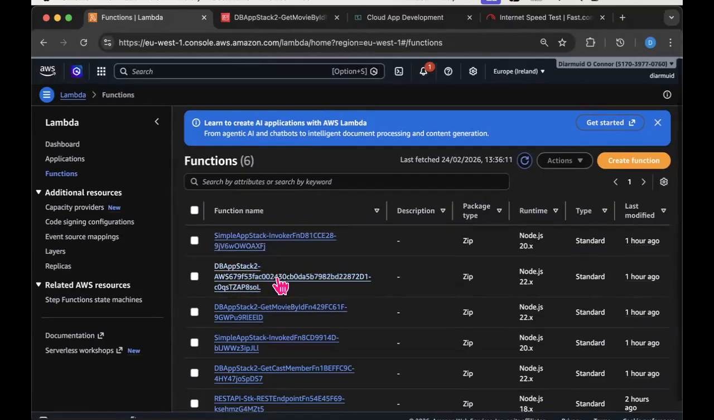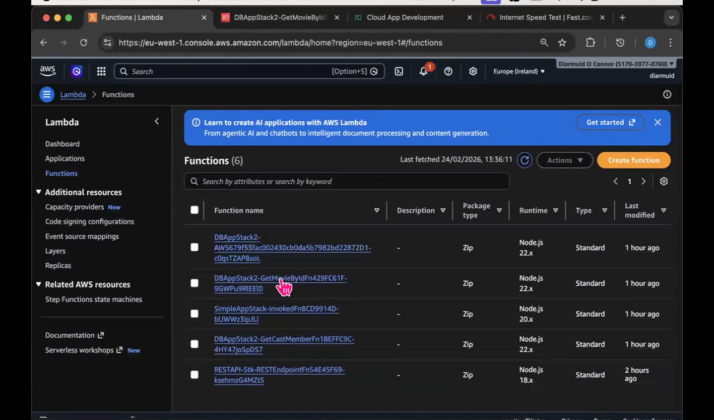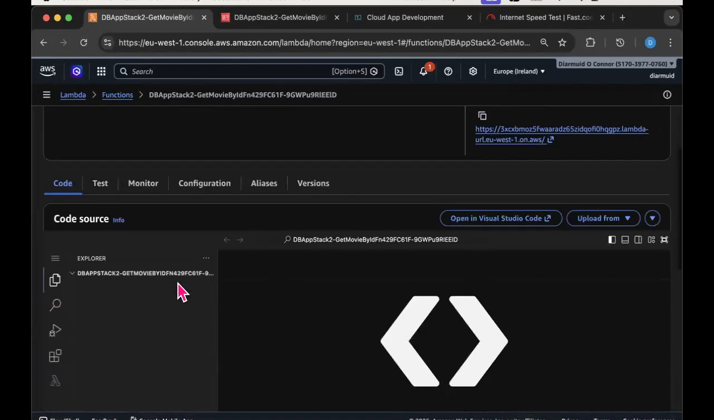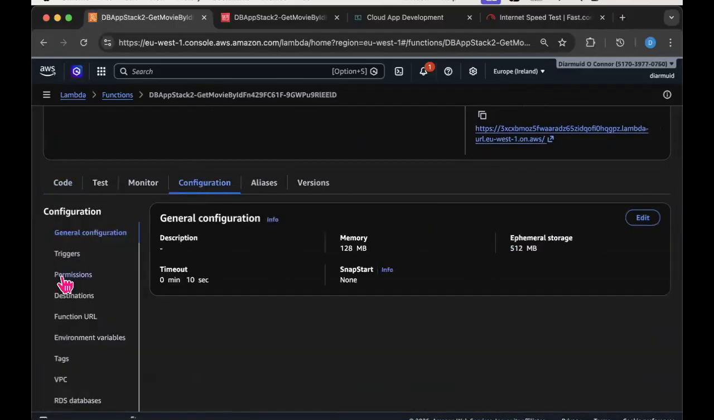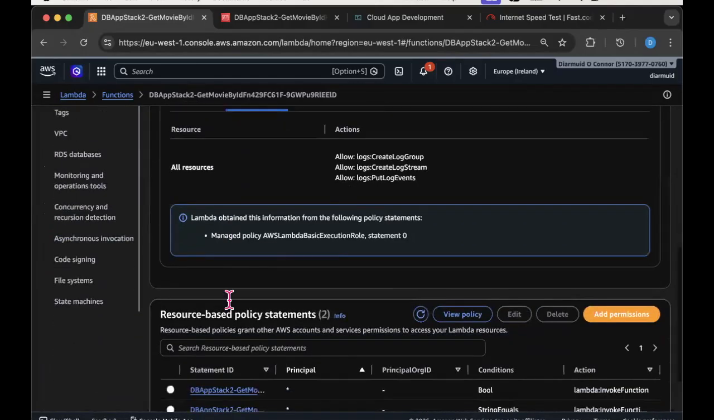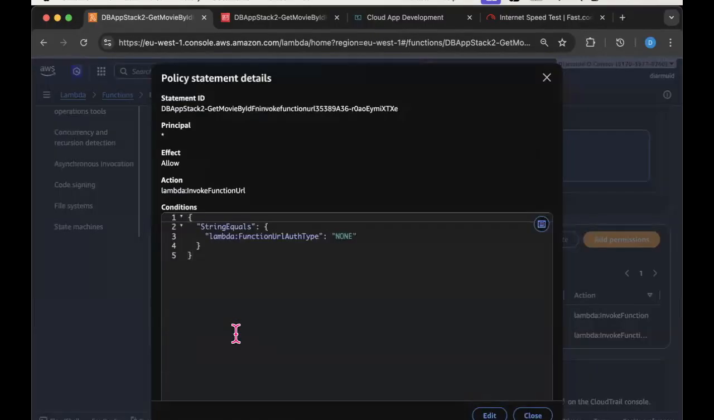Let's see, which one is it? It's that one. Into configuration again, permissions again. And here's the resource-based policy part. Now, there's actually two parts to it in this case anyway. Which one is it? I think if we look at this one, the way you interpret this is